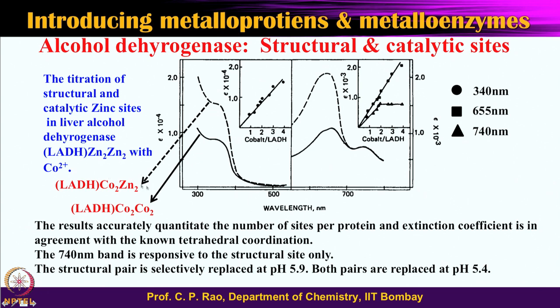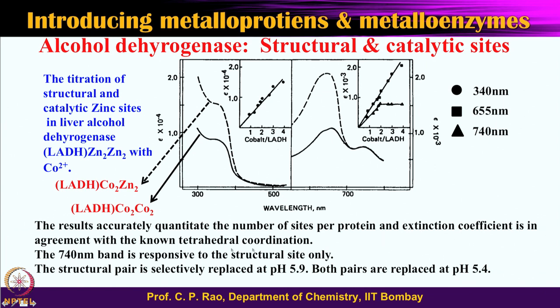Now, you can try to replace one of the centers by cobalt 2 or both of them. So, you can see very nice things. So, when you increase the cobalt 2, both the cobalts etc., you can follow. So, that means you can follow the enzyme reaction by following the absorption spectroscopy, by titrating the original enzyme with the cobalt ion slowly, and then replacing the zinc. You can in fact do it selectively, you can remove the zinc and then you can add the cobalt too. Those details of course are not so important. Okay. So, using this kind of a titration, you can very accurately quantitate the number of sites per protein and